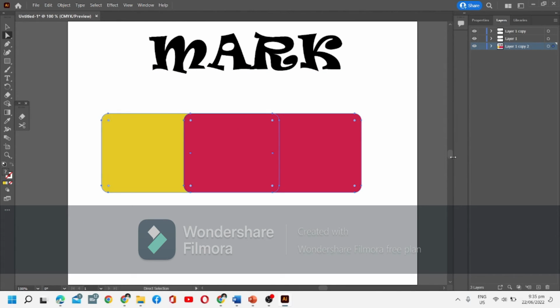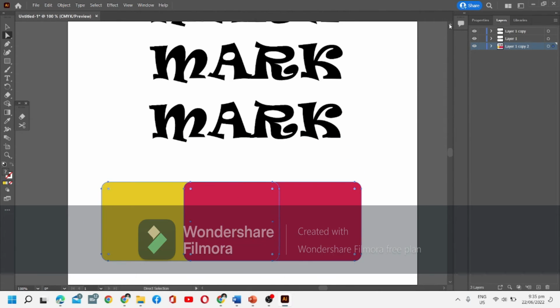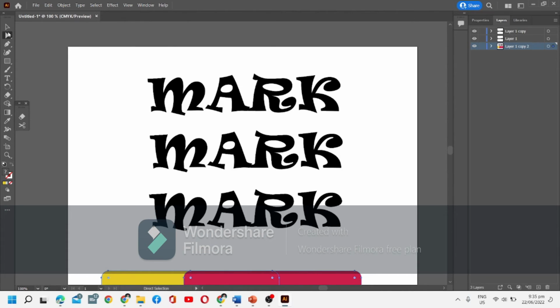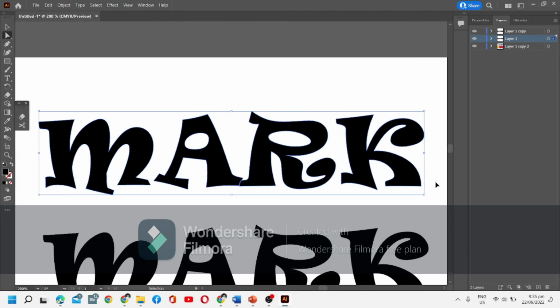Okay, so let me make it bigger. So let's use this first text. Okay, so I'm gonna use this one and make it, just press Control Shift O just to have path or anchor points in this text. So as you notice, there are different anchor points in the text. Now if you're going to use delete key